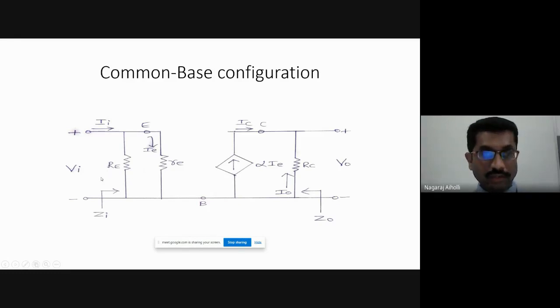It is the energy supplying device, the active device. Make it 0. So once we make Vi 0, Ii will be 0. Input current will be 0. The emitter current will also be 0, because the main current is 0. Therefore, the emitter current IE will also be 0. As IE will be 0, then what about alpha IE? If IE is 0, what about alpha into IE? How much will it be? Alpha into IE.